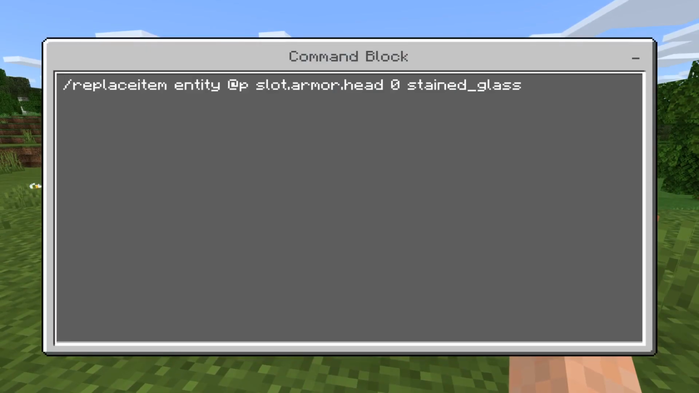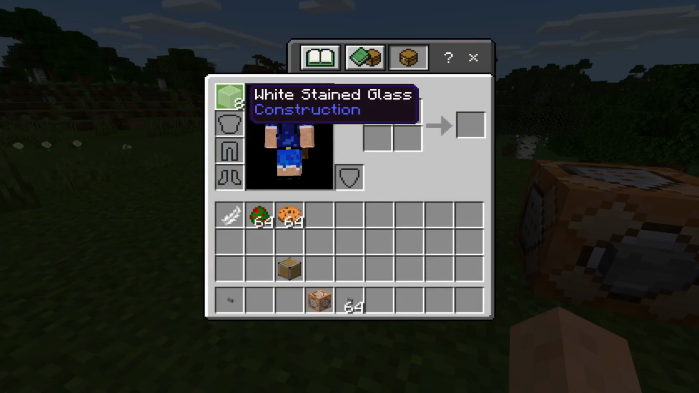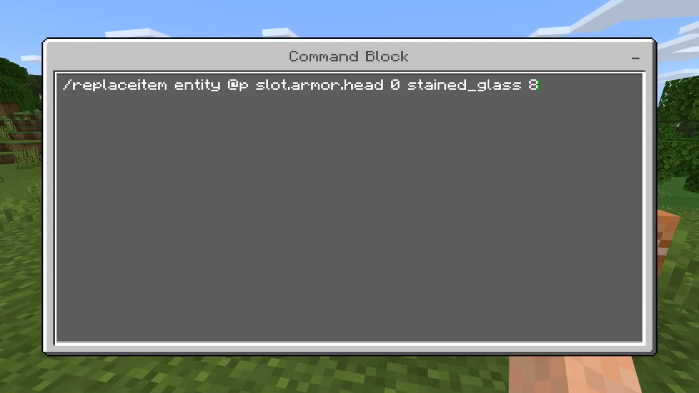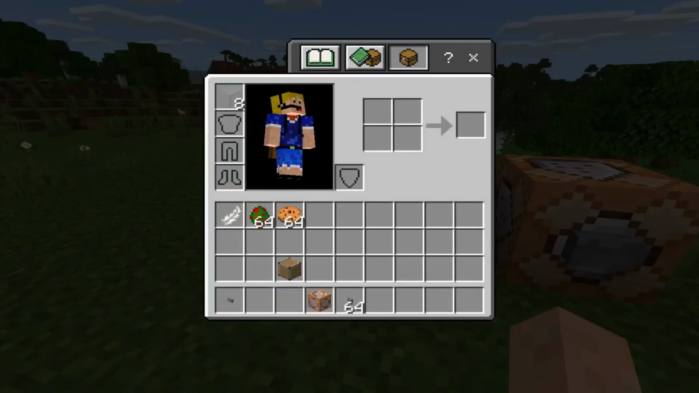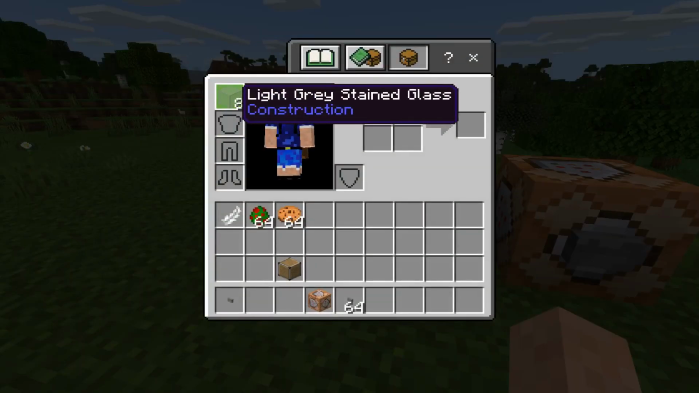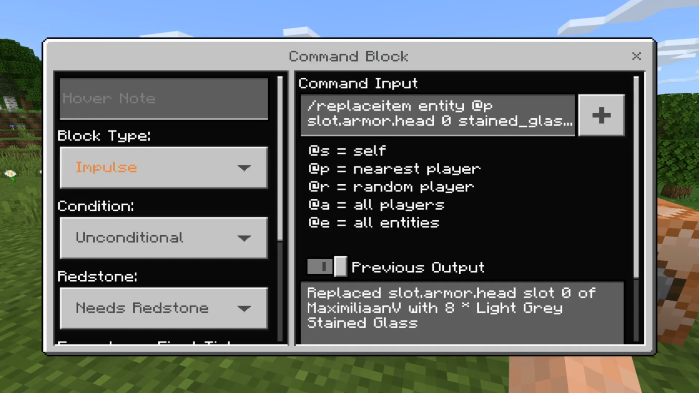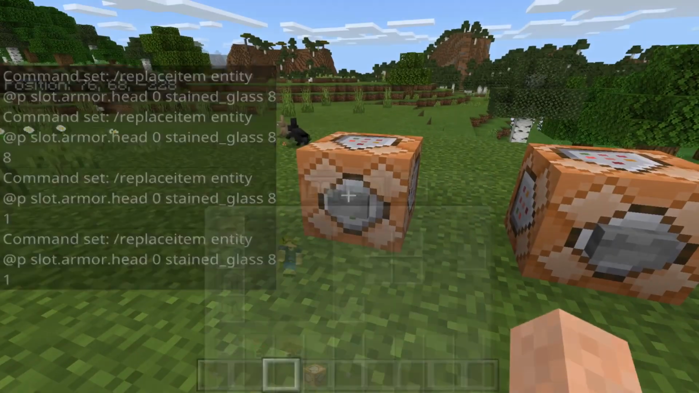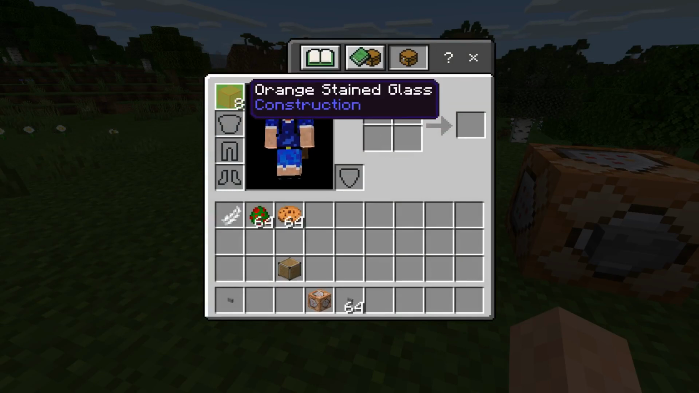If you, by the way, want to change the color of stained glass, and you can't see it, but you can just add the data value afterwards. For example, add 8, and then we get 8 white stained glass. I have to add another number at the end, then I believe another 8, there we go, and now it should be a different color. Yes, there we go, light gray stained glass. That wasn't a very good example, that looks almost the same as white. Let's choose another one. Let's choose 1, I think it should be red, if I am not mistaken. No, it's orange. Okay, there we go. So I have 8 orange stained glass on our head,